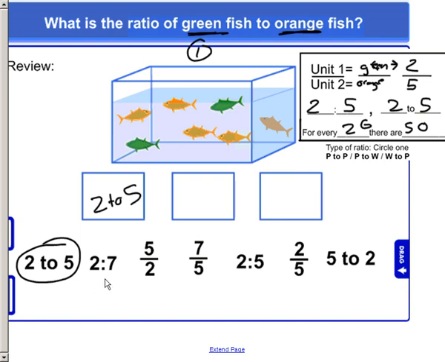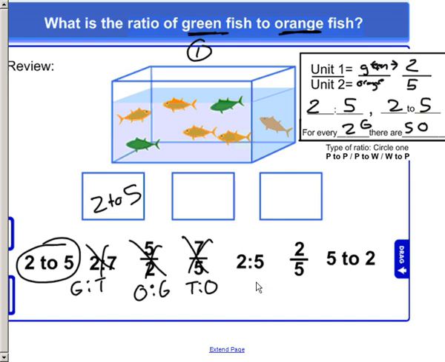Is 2 to 7 true if the question is green to orange? No. What this ratio tells me is green to total fish, which is not what the question was asking. How about 5 over 2? Does that answer the question? No, because this would tell us orange fish to green, but the question asked green to orange. How about 7 to 5? That doesn't work either. This ratio tells me the total fish to the orange fish, but that's not what the